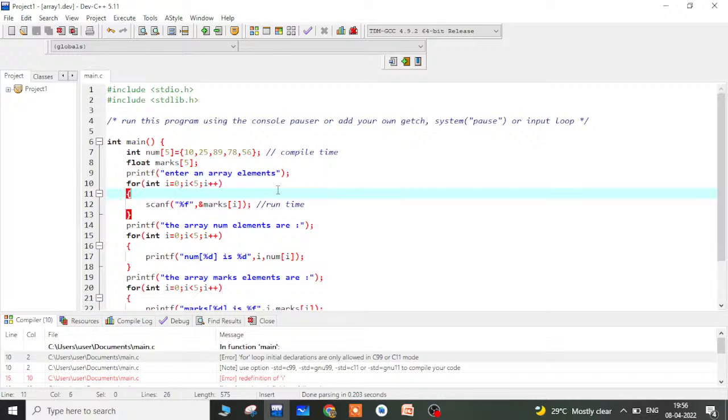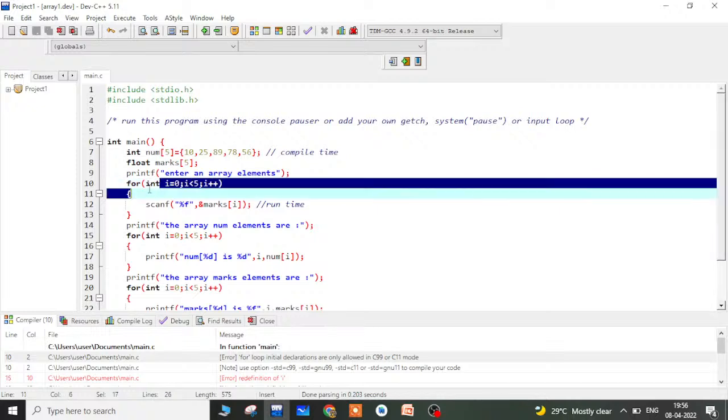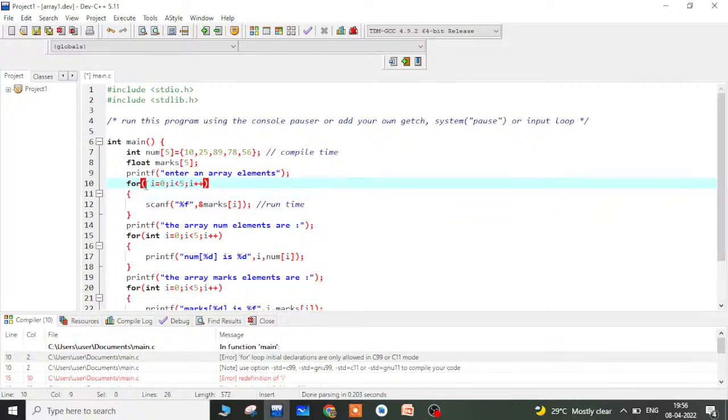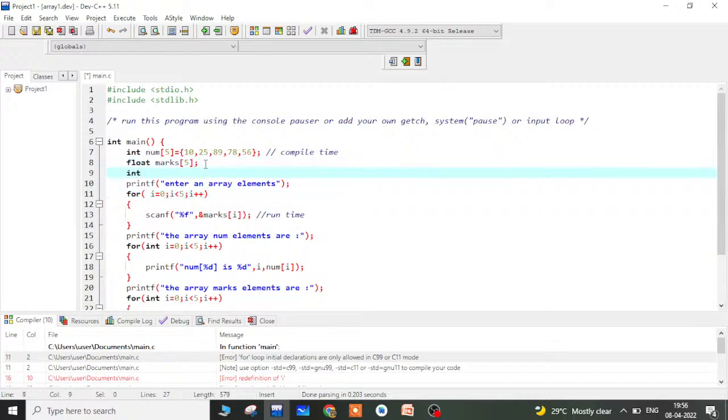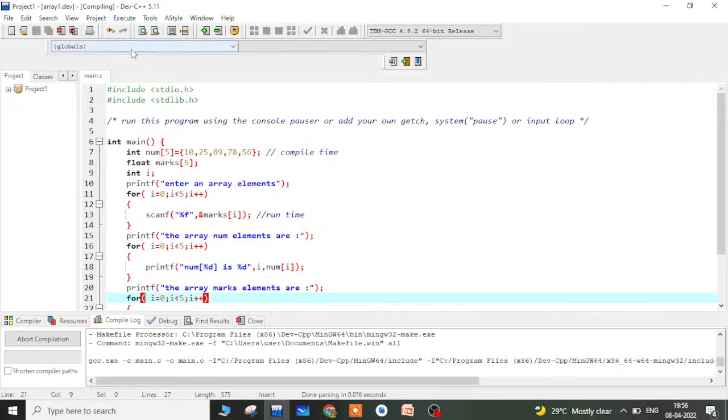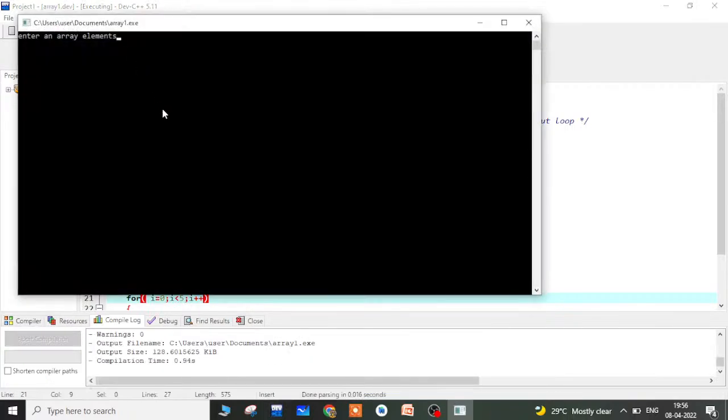you can see here, loop initial declarations are only allowed in C99 mode. So declaration I cannot do in this compiler itself here. So instead of giving int something here, I just declared my variable itself here, that is int i; so this is going to eliminate my problem. So I just run this again, and now you can see it will ask me for the array elements. Those are floating point, I will provide them like this: